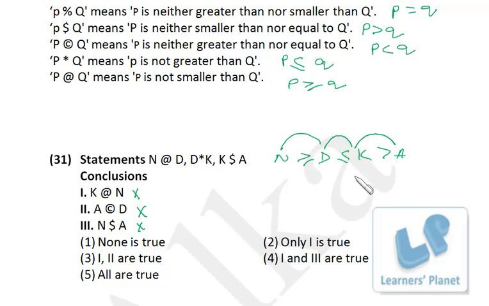If there is no order, that means if you have a greater than sign over here and a greater than sign over here, then definitely these three are related. But in this case, what is happening here? It is a greater than or equal to sign, and here it is a less than or equal to sign. So no relationship can be established. Okay. So in these sorts of questions, you need not assign any character. You can just do it immediately, right? If the relationship is between two consecutive characters, then definitely you can arrive at the relationship. But if the relationship is between alternate characters like K and N, or A and D, that is not consecutive. In that case, you cannot establish a relationship between these two, right?